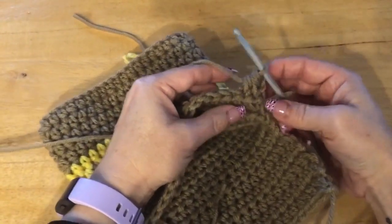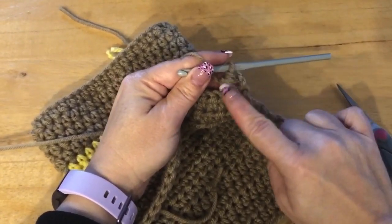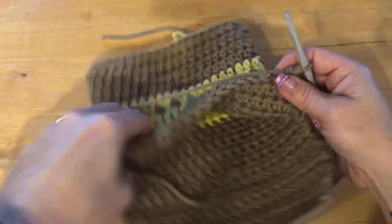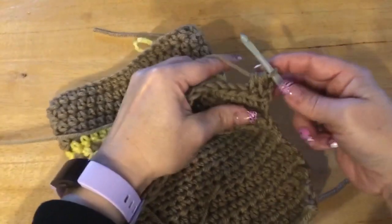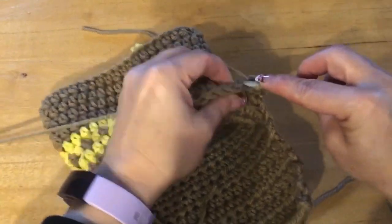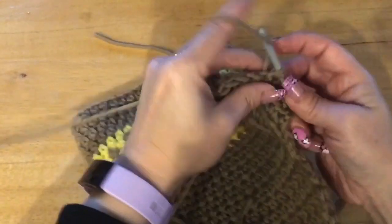So to explain what we just did there, we took 2 stitches and turned it into 1. Now we're gonna do that at both ends, so this row is gonna have 18 stitches total. So I count that as 1, 2, 3,